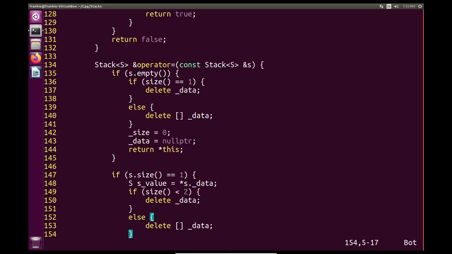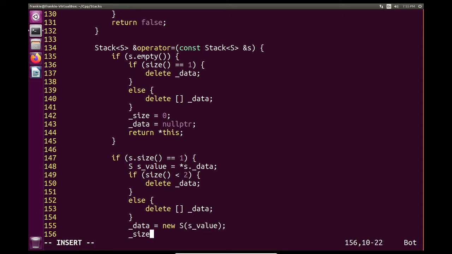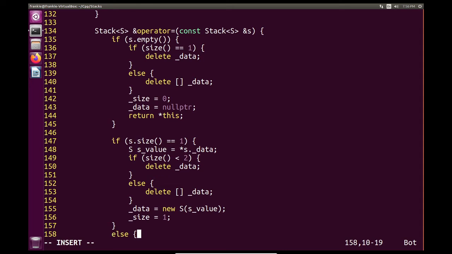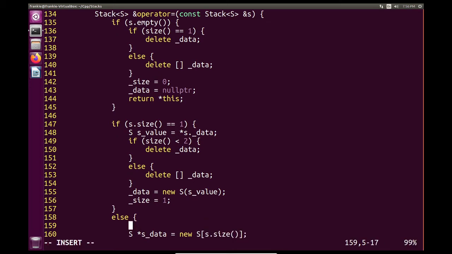But then, however, if it's the size of 1, I'm going to take a copy of my one value from the right-hand side, the right-hand side being S. I delete my own internal data, and I say data is equal to new S of our S value, and size will be equal to 1. Otherwise, we're going to need to take a copy of the entire array, because this is going to be the case where S size is greater than 1. So we'll allocate the space for it, and I'll need s.size here,